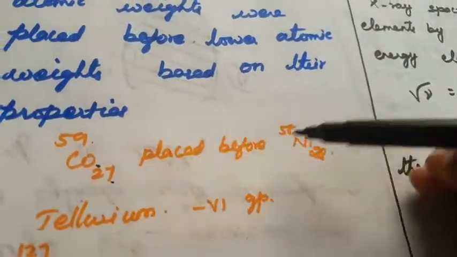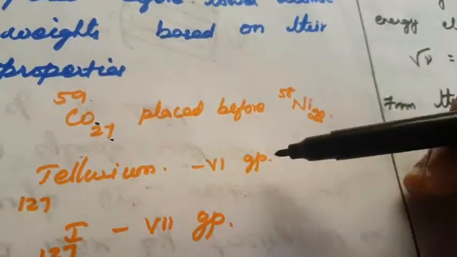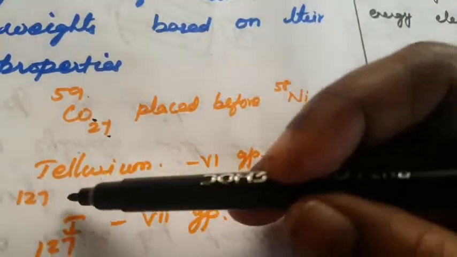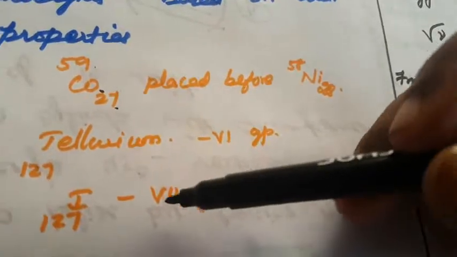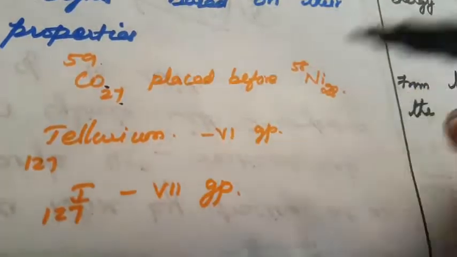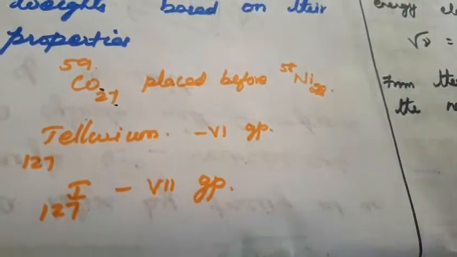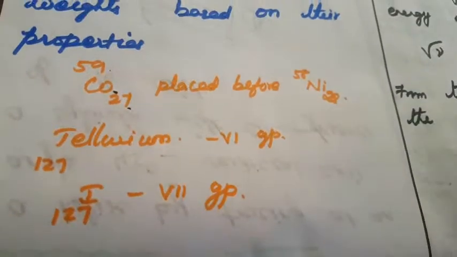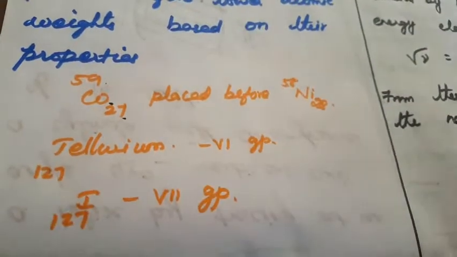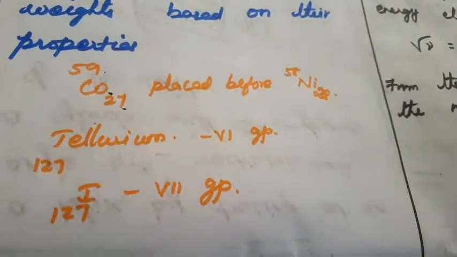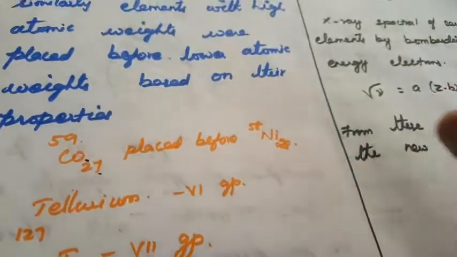This is another drawback. Again the same thing: tellurium is present in the 6th group, but iodine, which should be in the same group, is present in the 7th group. So this is also another drawback of Mendeleev's periodic table. To overcome that, others worked on Mendeleev's periodic table. But mostly it did not predict any of the periodic table, though he worked on the periodic table.